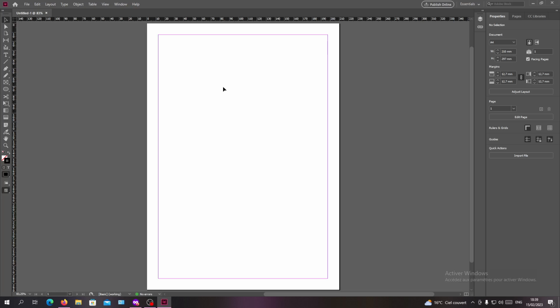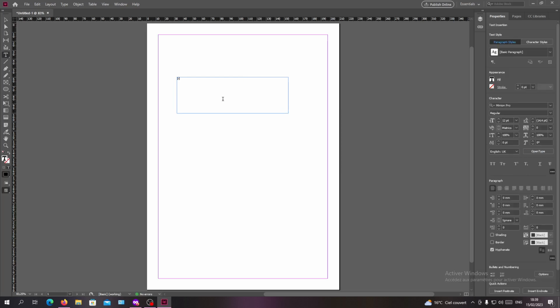The first thing that I'm going to do in this example is of course to create a text, or to type anything here in the page. So basically I'm just going to type a simple text, hello world. Now I'm just going to resize this text so it can be